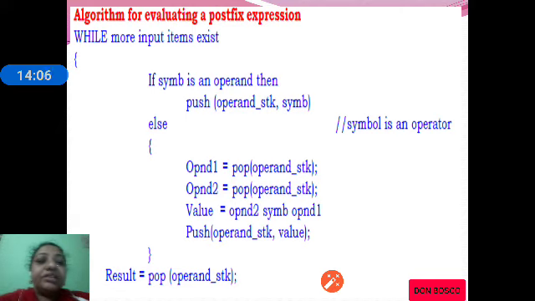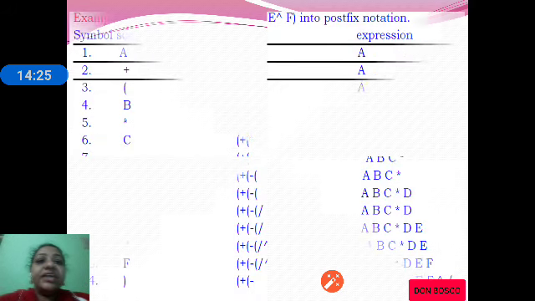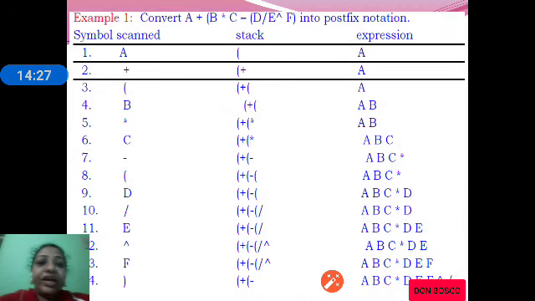The result is again pushed back onto the stack, and this continues until we reach the last element, and finally the result will be popped. So this is the algorithm to perform evaluation.